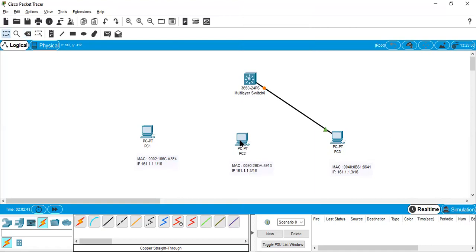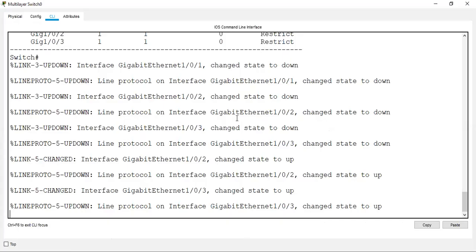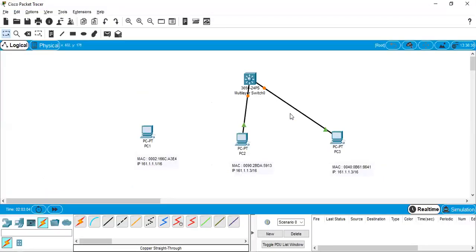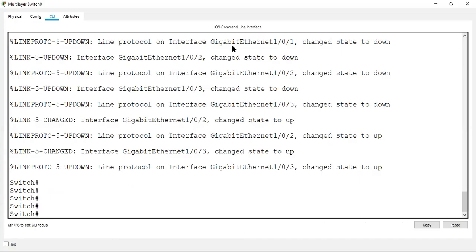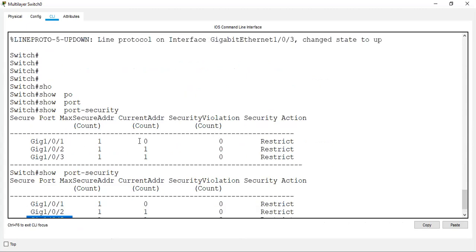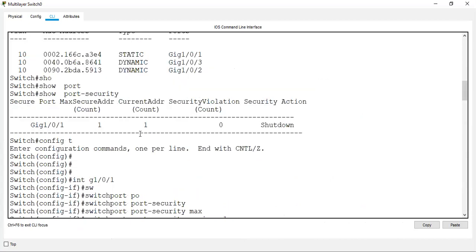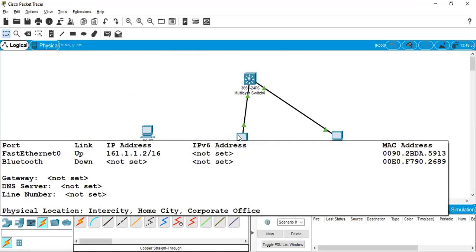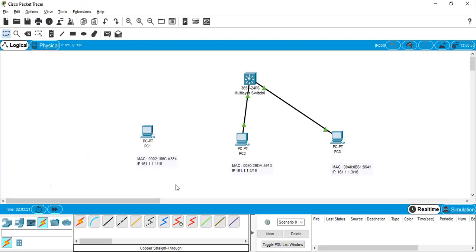The same way, I'm connecting PC2 to port number 3, just the opposite. We'll look into show port security.